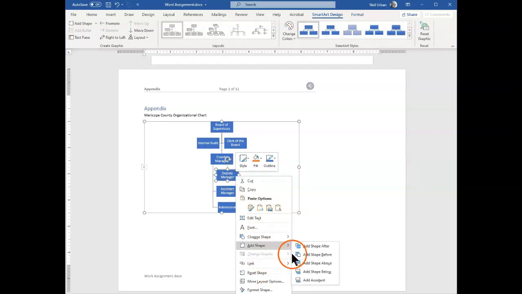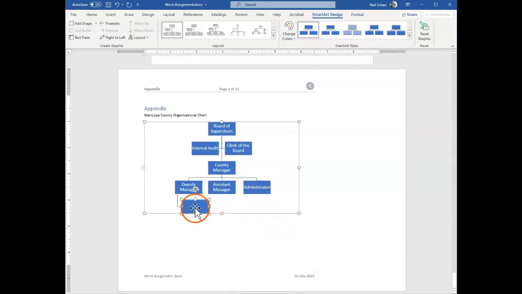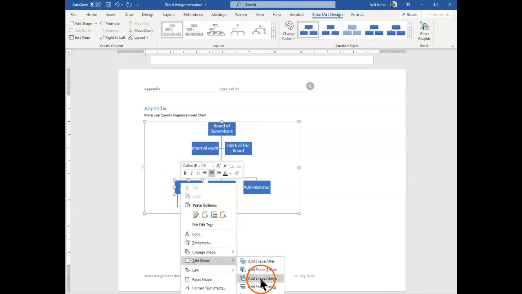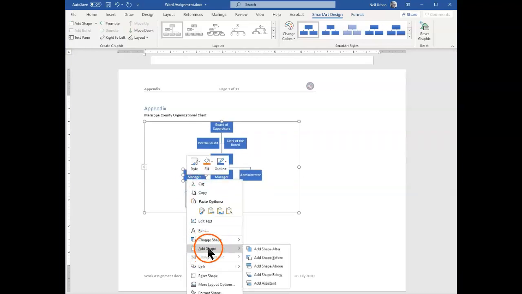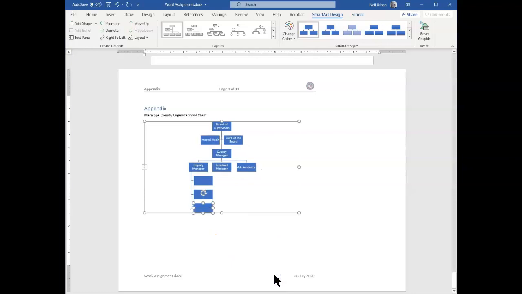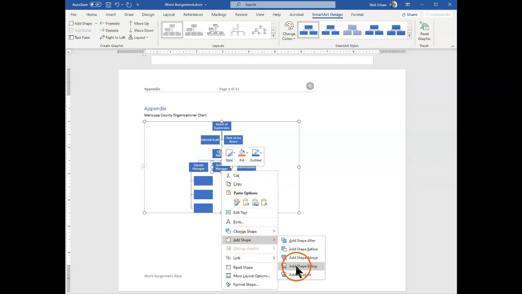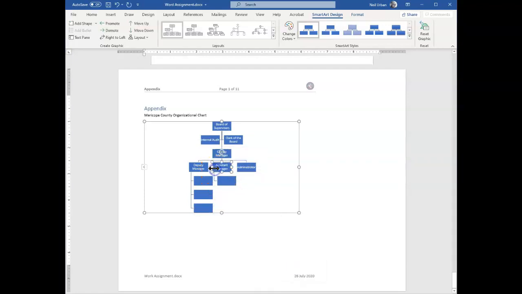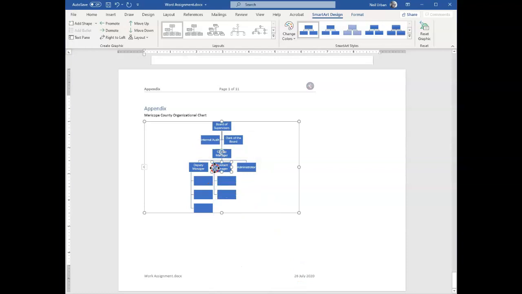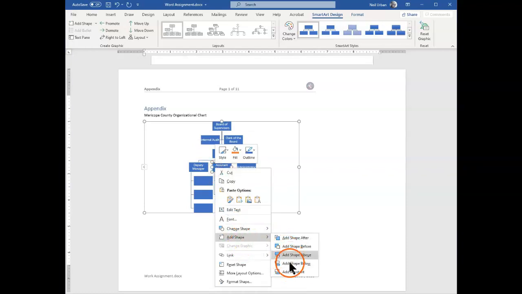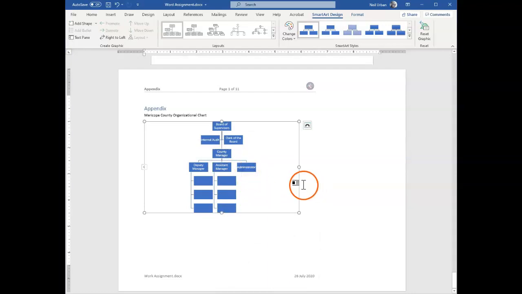So we add a shape below him. And now we go back here. Deputy manager, add shape below. And add shape below. That looks good. Go to the assistant manager, add shape below, go back up, add shape below, and add shape below. Now, another way we could do this is if we double click on the frame,